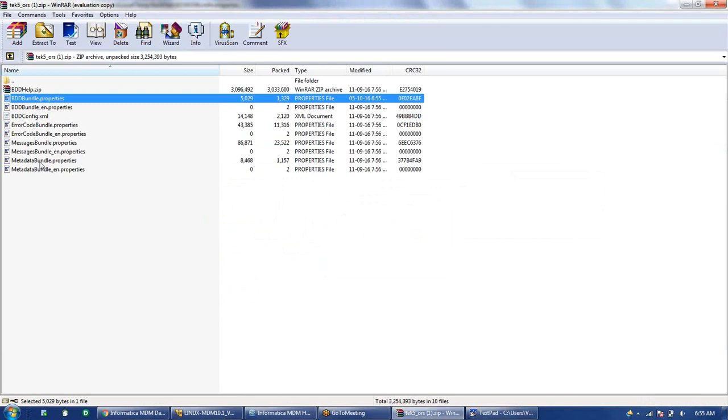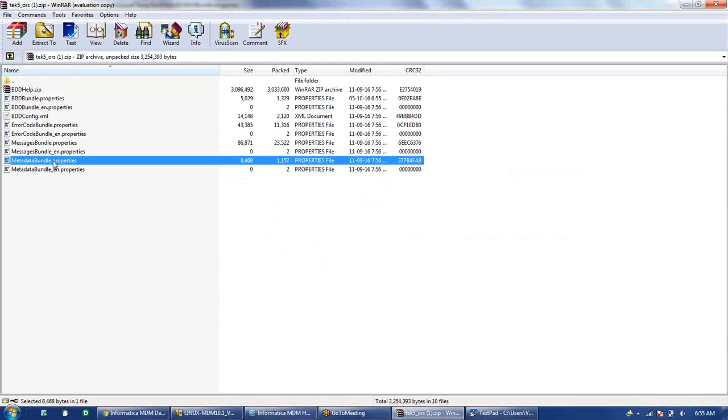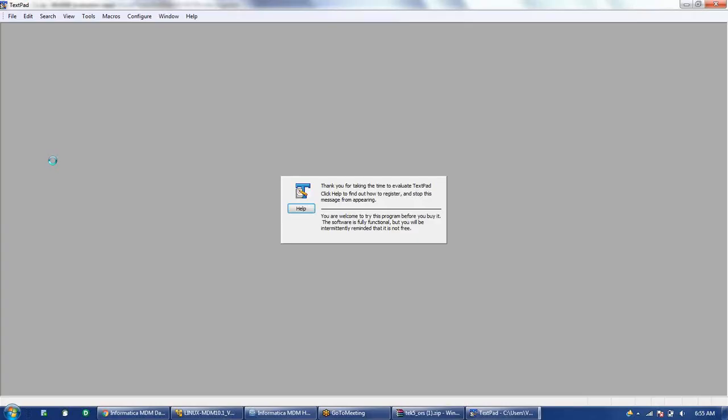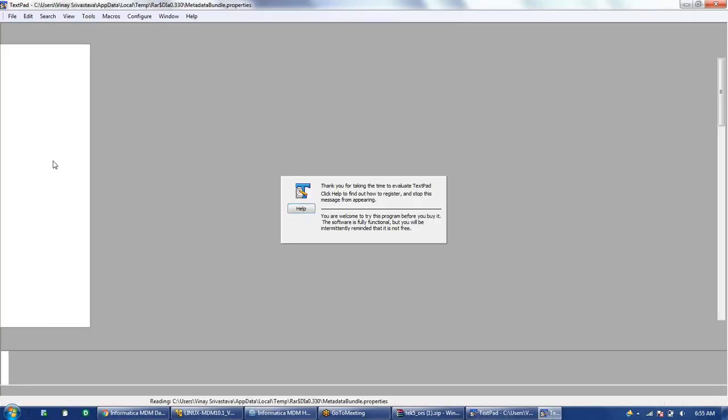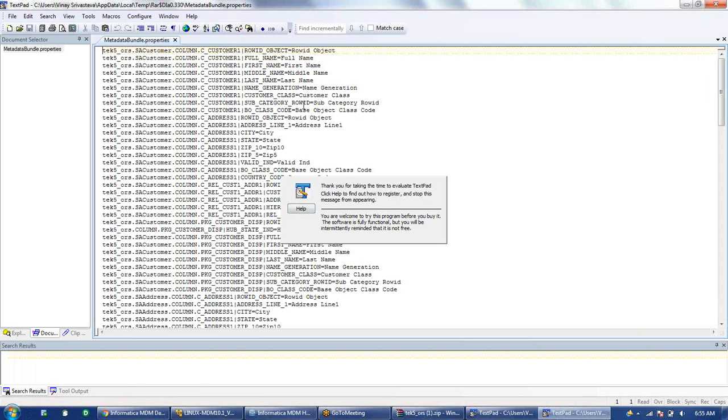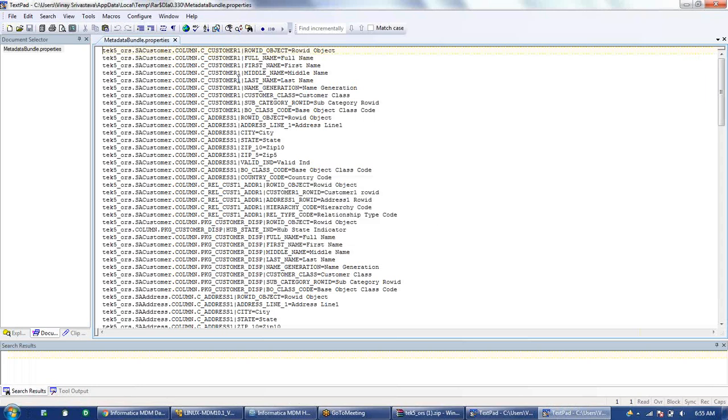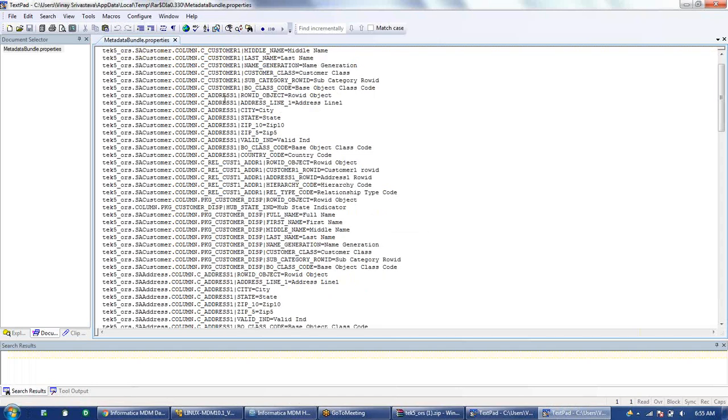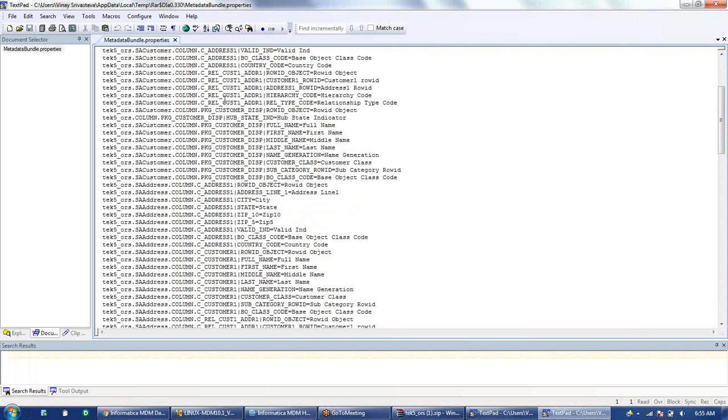And similarly we have the metadata bundle.properties. Metadata bundle.properties will contain all the columns basically, and the display names. So this is again for the display name purpose. If you open this, you can see all the columns will be there and the display names are there.